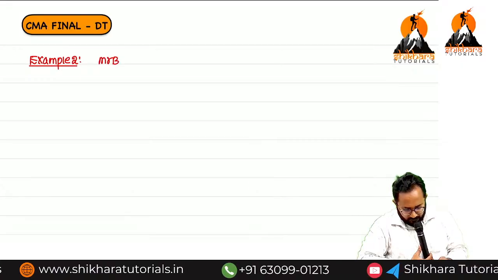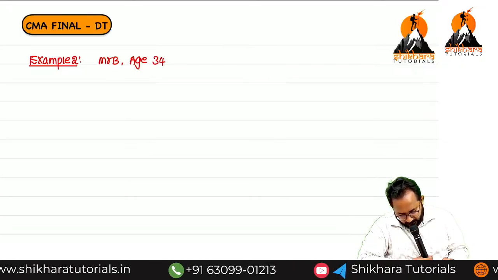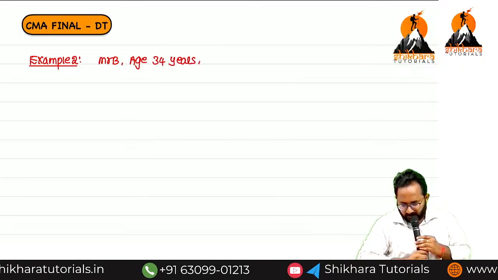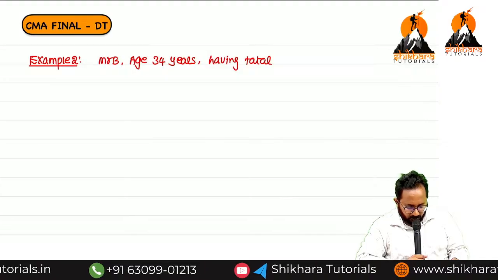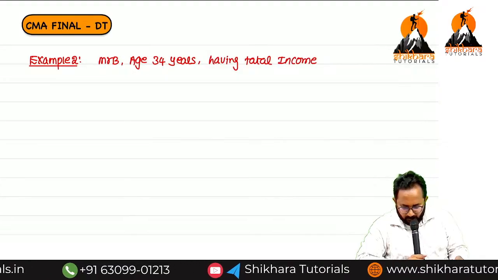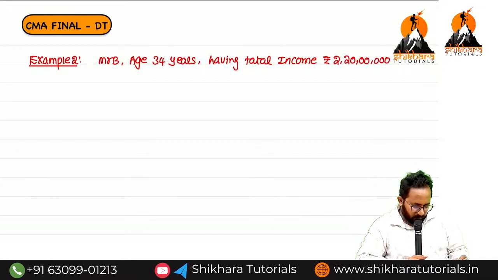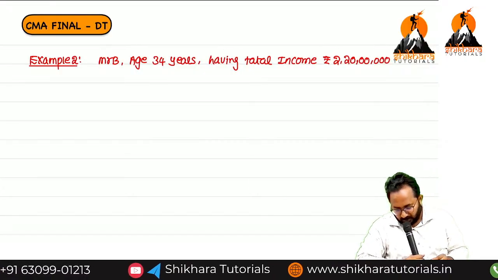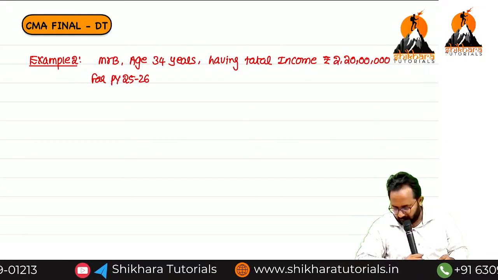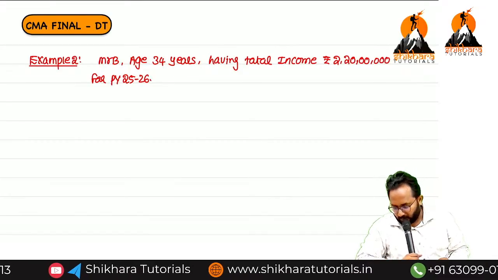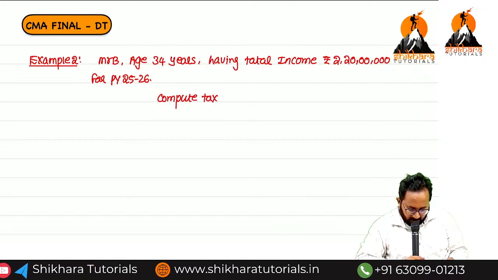Mr. B is 34 years old, having total income of rupees 2 crores 20 lakh for previous year 25-26. Now please compute tax liability